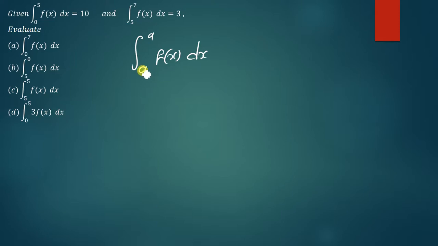If you have an integral with the same upper and lower limit and you've been told to find the solution, the answer is simply 0. And then if you have another one like this,